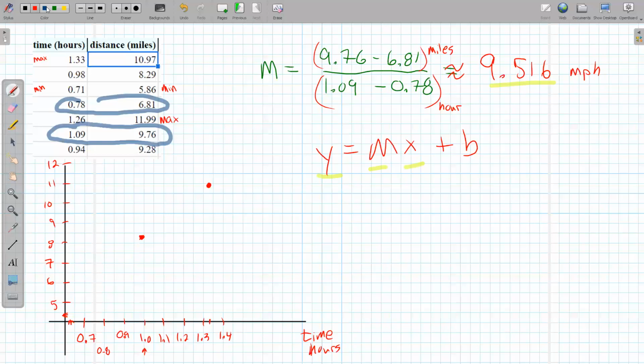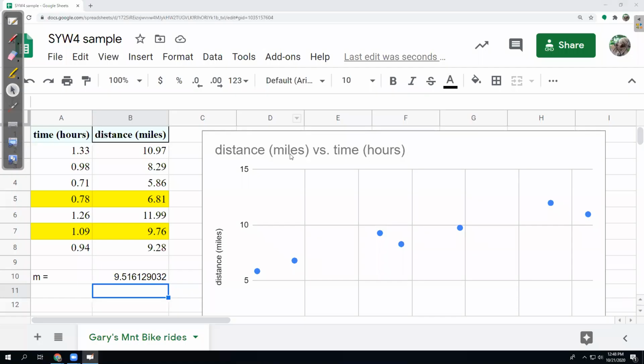So the y value there is 6.81, and then 9.516 times the x value, 0.78, plus b. So I have to carry out this multiplication and then subtract it to the other side. So I can do that in my calculator, and let's see if I did a good job.